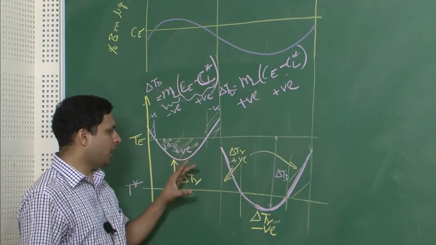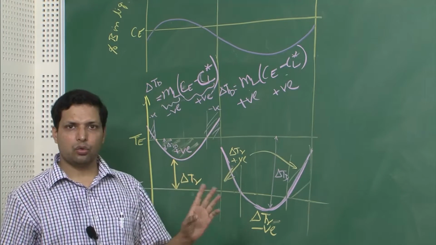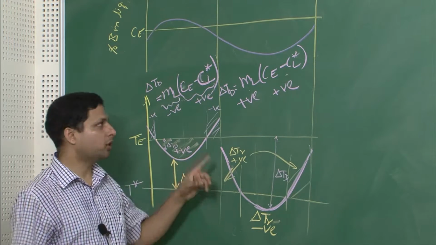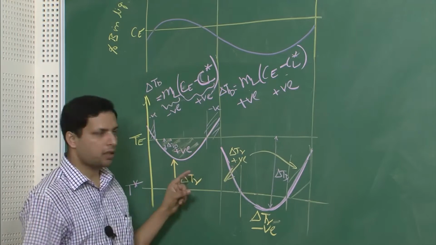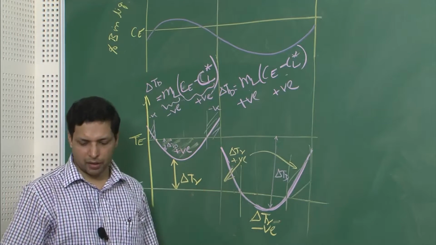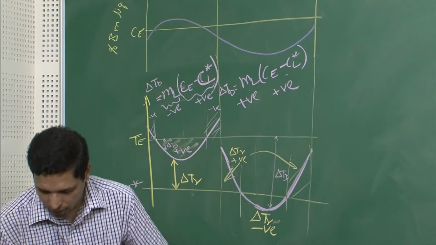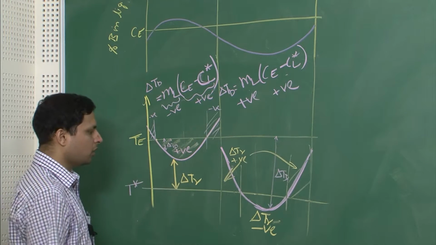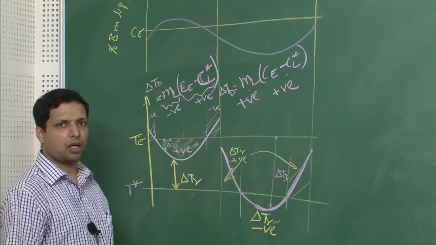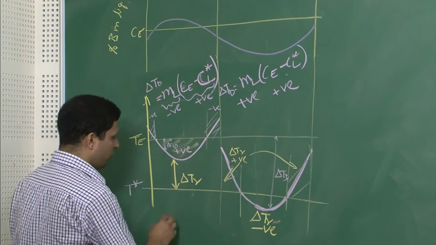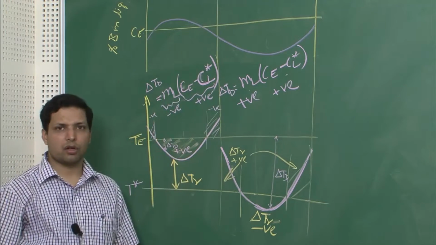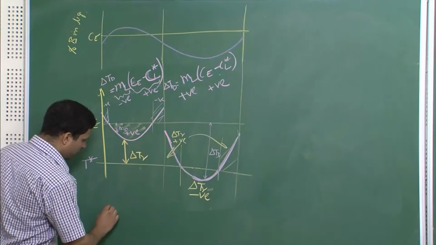However, delta Td and delta Tr are two components of this. The delta Td component adjusts because of the change in composition, and delta Tr changes by changing the radius. So, if we know the delta Tr component also changes, we should be able to draw a rough schematic of how the radius of curvature looks for the alpha phase and the beta phase, given this schematic distribution of the composition. This is what we will look at next.